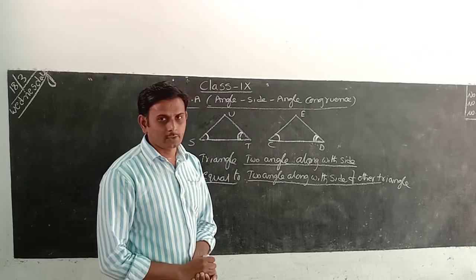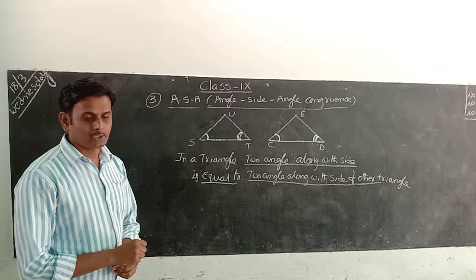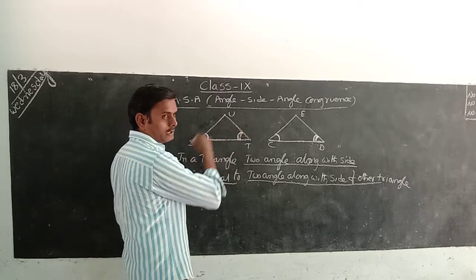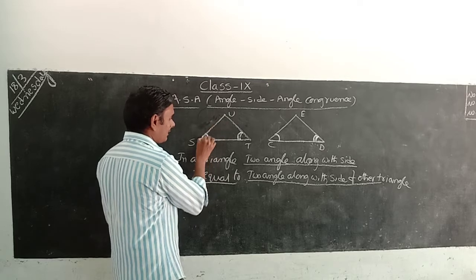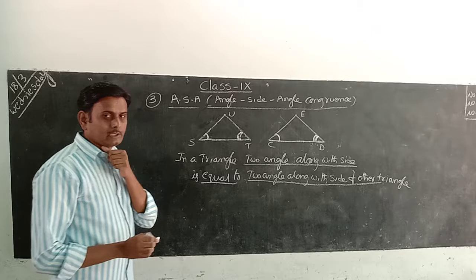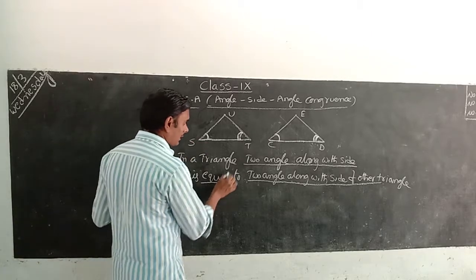Another triangle also we have to equal. That is the SAS congruency or SAS rule. How can we equal this one? If you consider an equal part, what is the equal part here? Angle S. Then we can use a single letter or three letters. Here the angle is not separated, so we can use a single letter also or three letters.